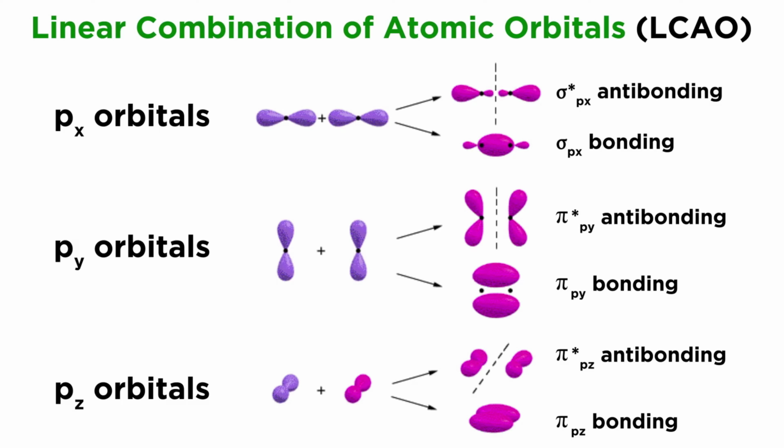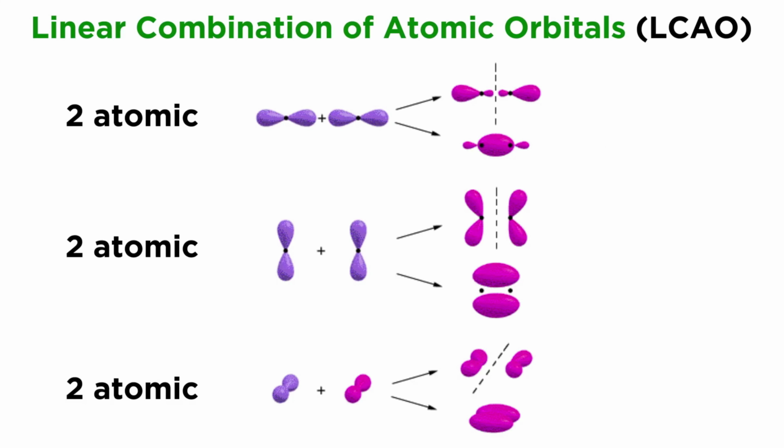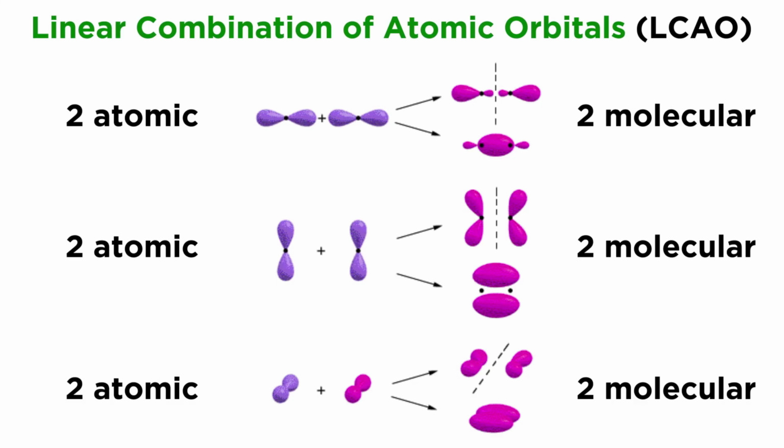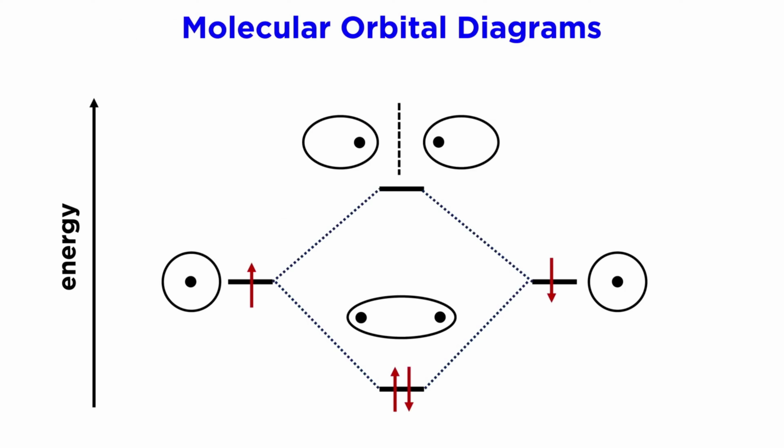Orbital number is always conserved, which is why the linear combination of two atomic orbitals will always result in two molecular orbitals, one bonding and the other anti-bonding. We can depict these linear combinations with molecular orbital diagrams, as we have seen. The dashed lines show how the atomic orbitals on the sides combine to form the molecular orbitals in the middle, such as we see here for hydrogen, with two 1s orbitals combining to form one sigma s orbital and one